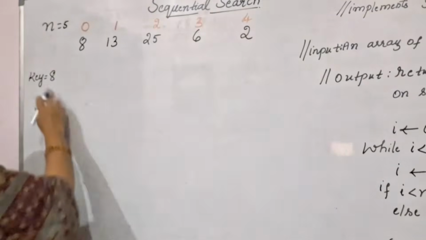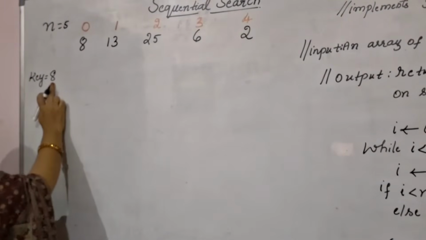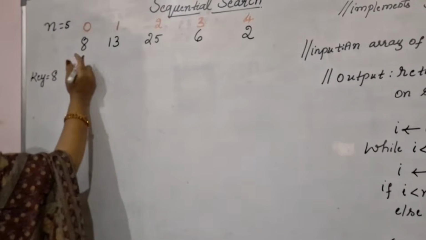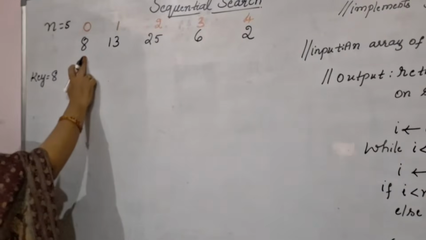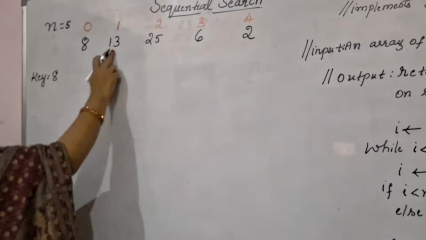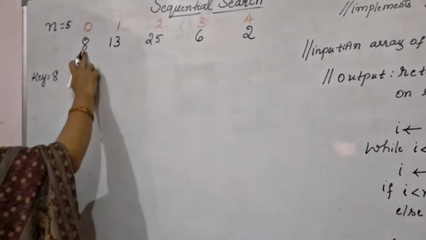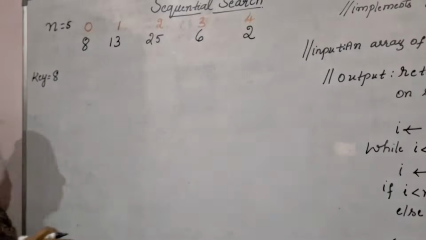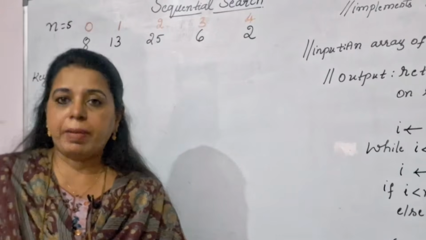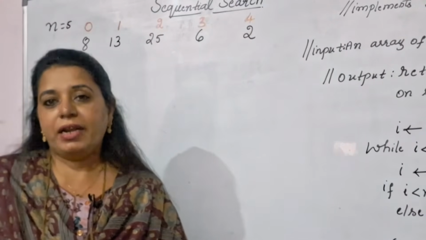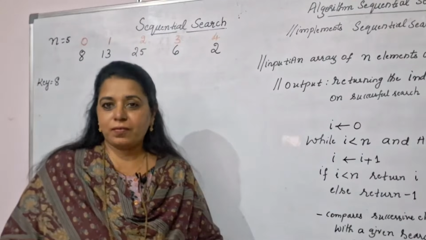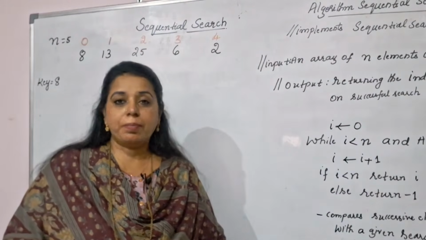So here you can see, the element to be searched is 8. So the algorithm will start searching. The moment it starts from the first location, it compares the key element with the element that is present in the array, that is the first element, because the algorithm will start comparing one by one all the elements. The moment it compares the first element, a match is found. So in this case, since the element is found in the very first comparison, we have to call it the best case, wherein just in one comparison the element is found. The best case efficiency refers to the minimum time an algorithm spends to complete its execution.